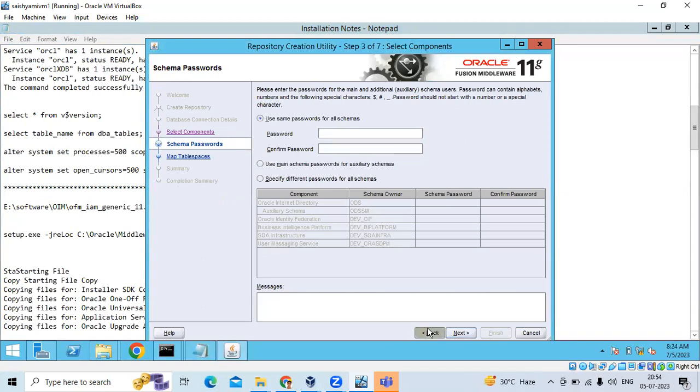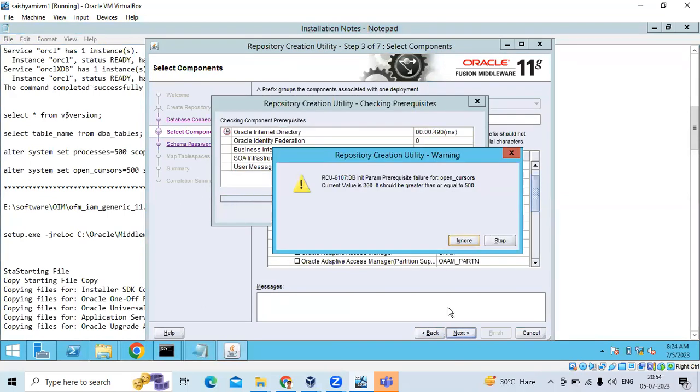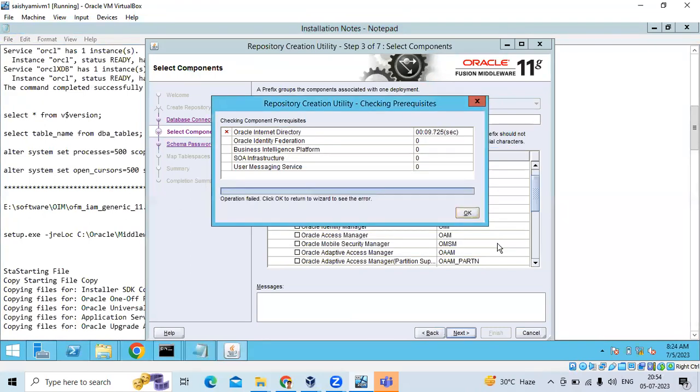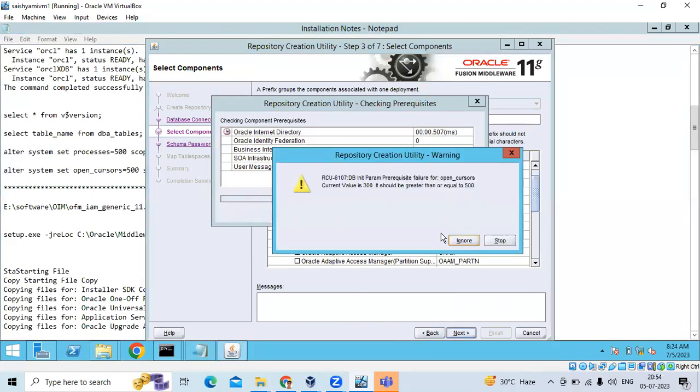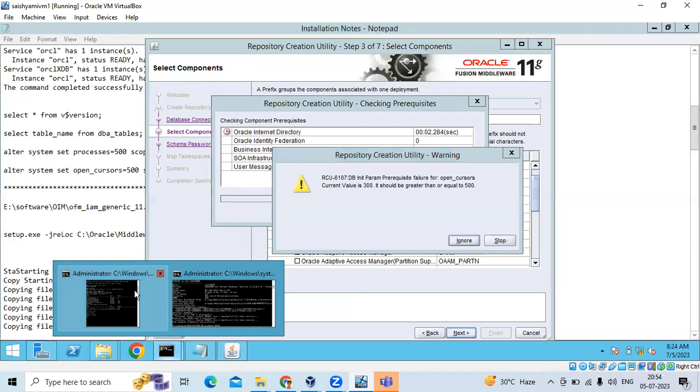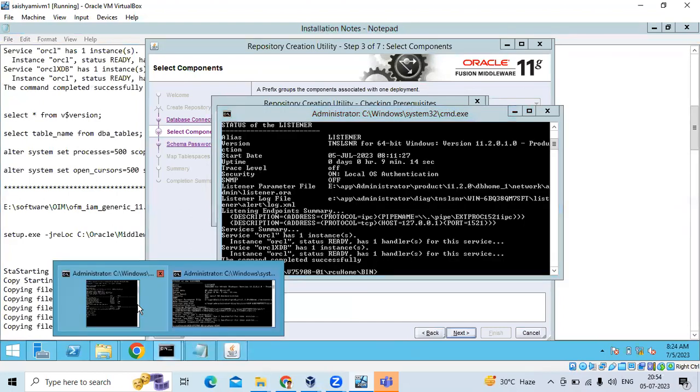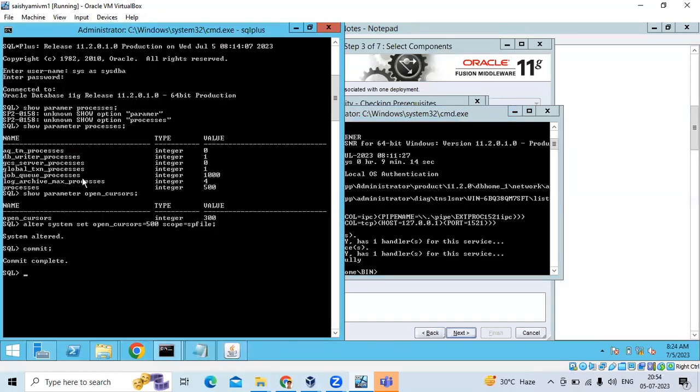Okay, so let me go back here, because we have not restarted the database, right? So what we can do is, ideally it should... yeah, it says operation failed, right? So the problem is we have to actually be running, and so let me just see whether show